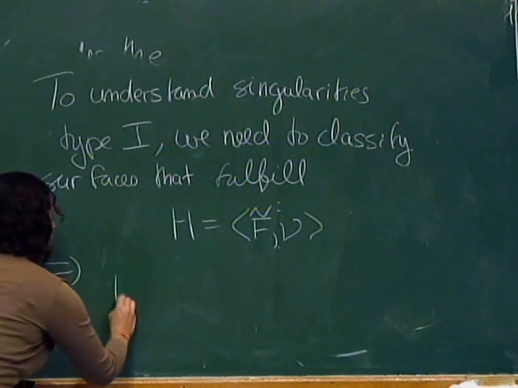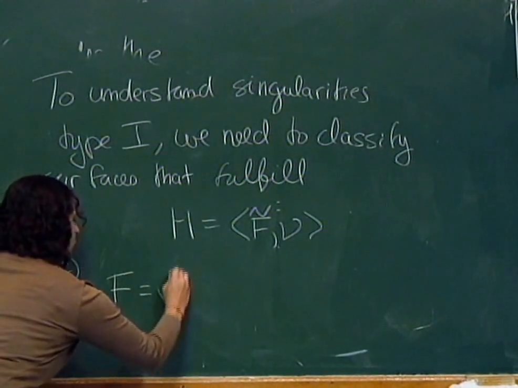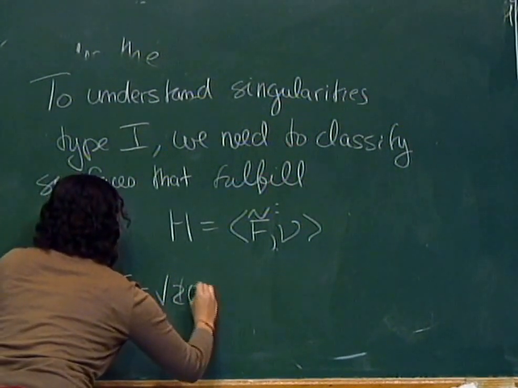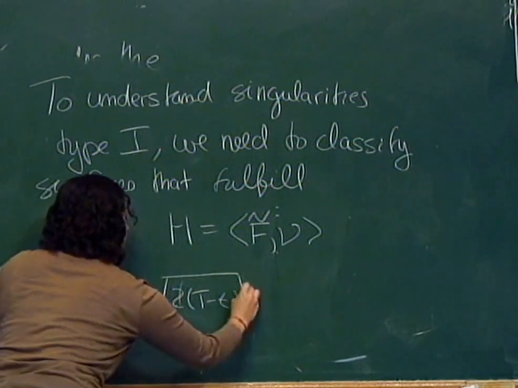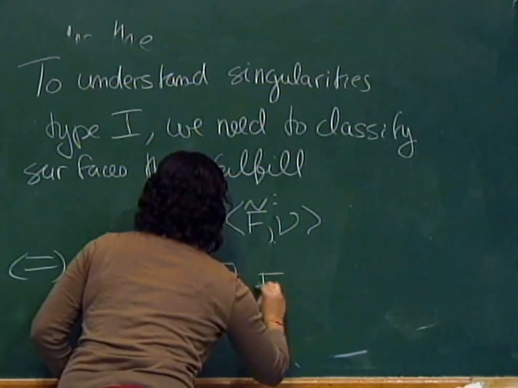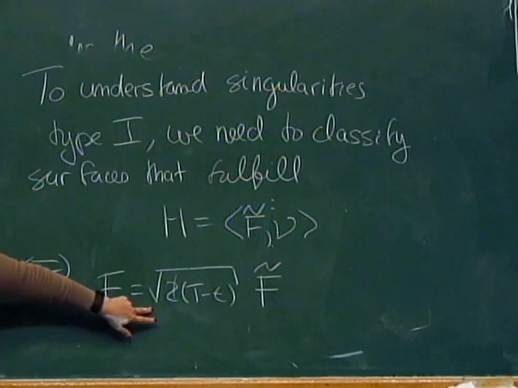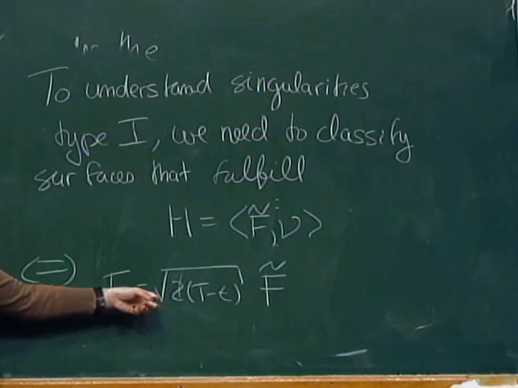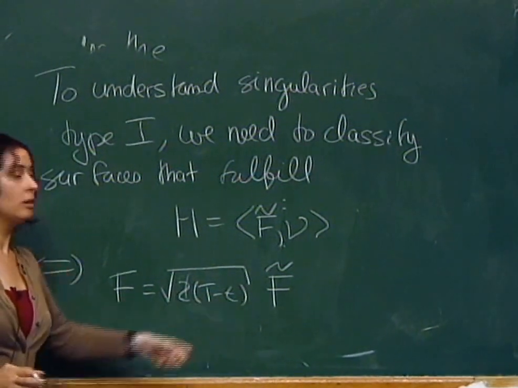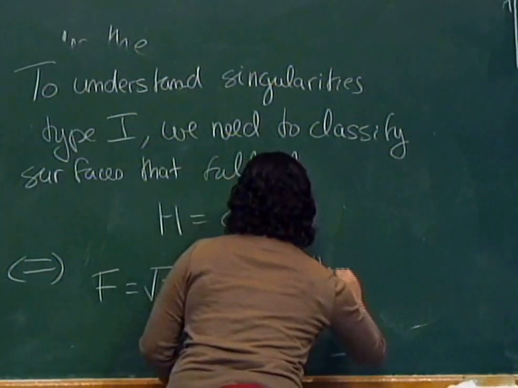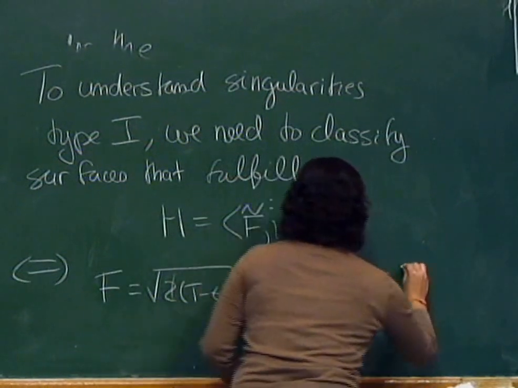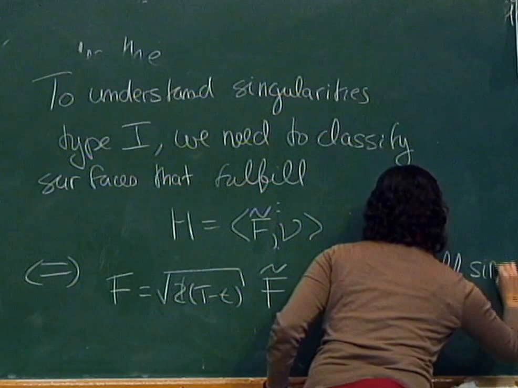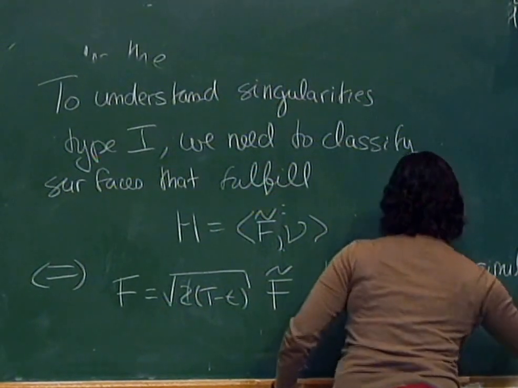So if F is square root of T times F tilde, this is a solution to mean curvature flow that has always the same shape and contracts to a point at time T. This is what is called a self-similar shrinking solution